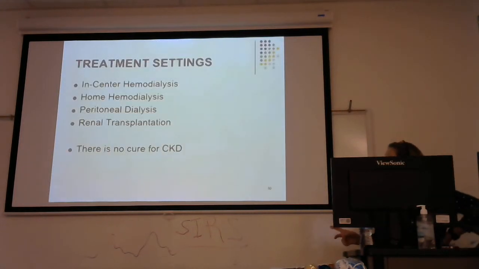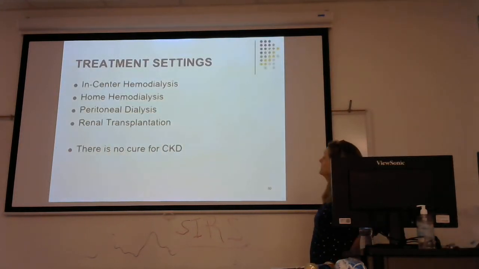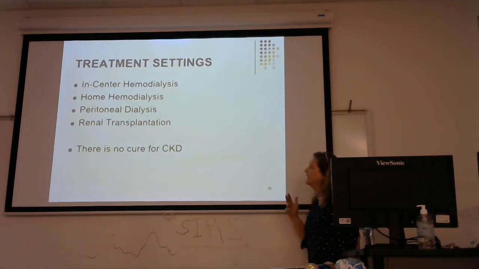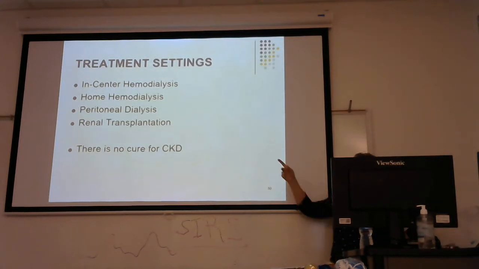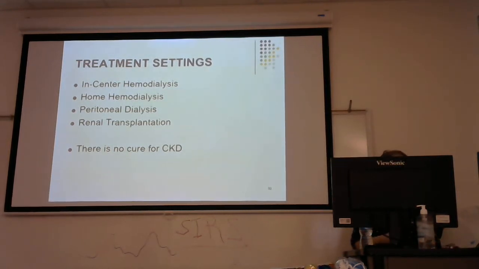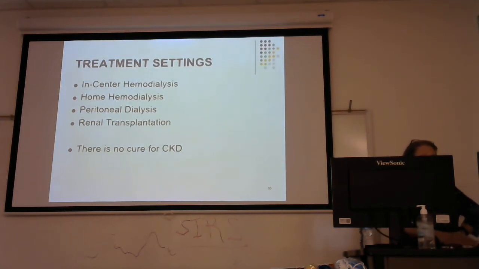So, as I said, we got different places to go. We got in-center hemodialysis. We got home. We got peritoneal. They will all end up needing renal transplantation. There is no cure for end-stage renal disease. They're all going to end up, hopefully, on the transplant list. But if they are